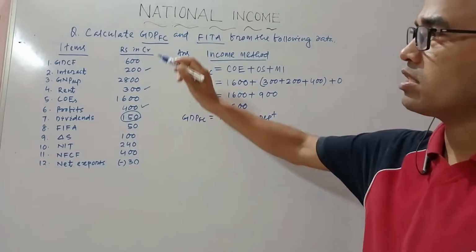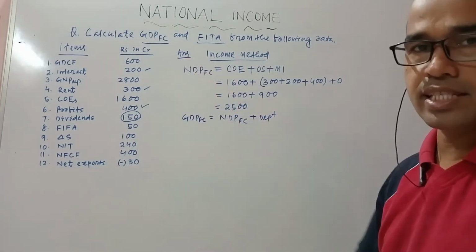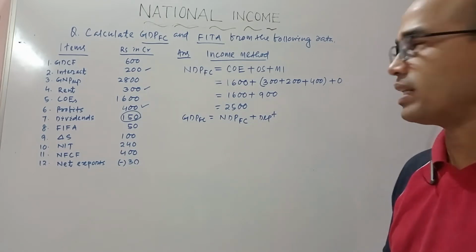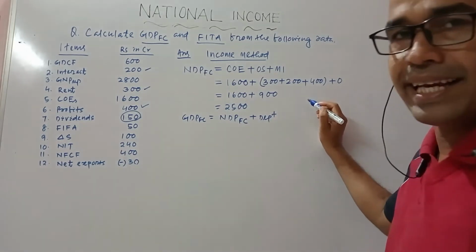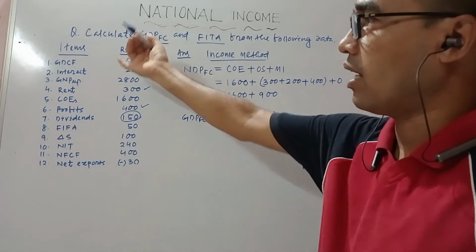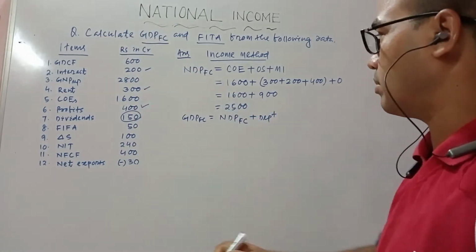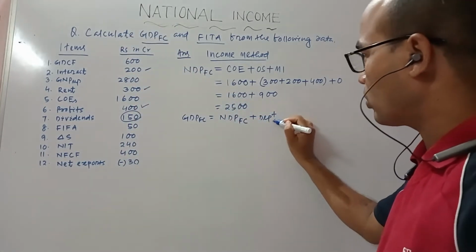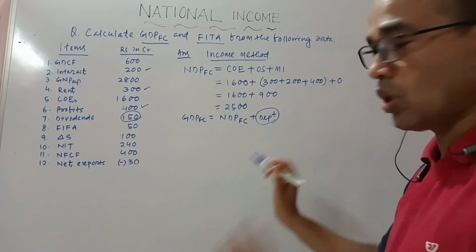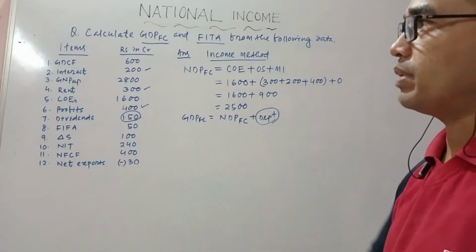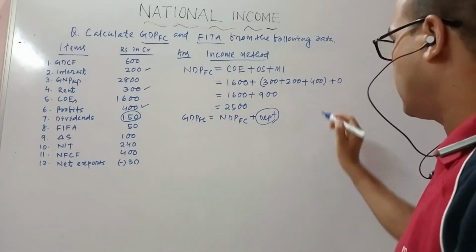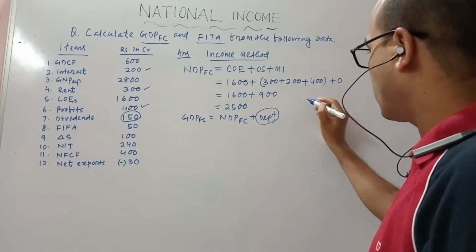Why? Because for depreciation, other data is given. Because I already taught the expenditure method, some terms are related to the expenditure method. So you should not put depreciation equal to 0. No. Wait, because for depreciation calculation some data is given. Okay. So come to the calculation. What you do?